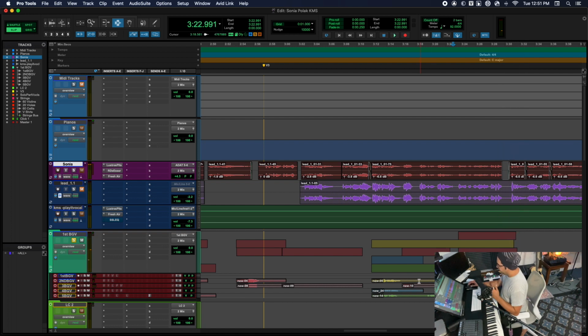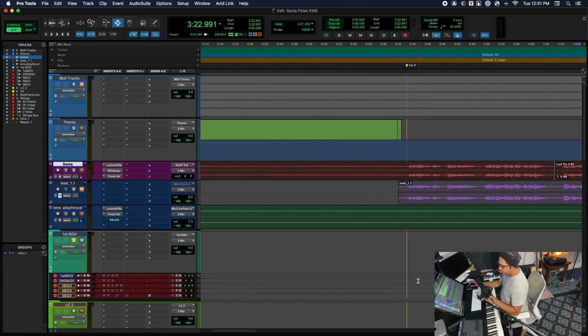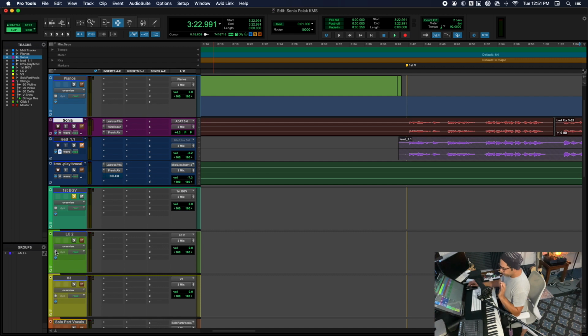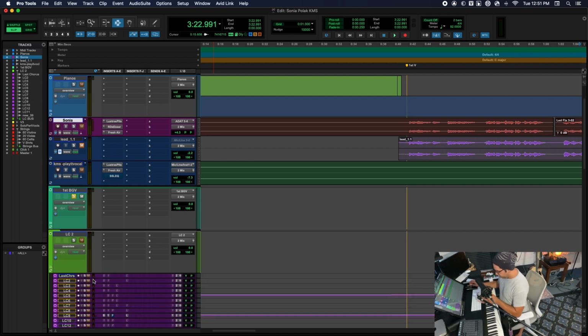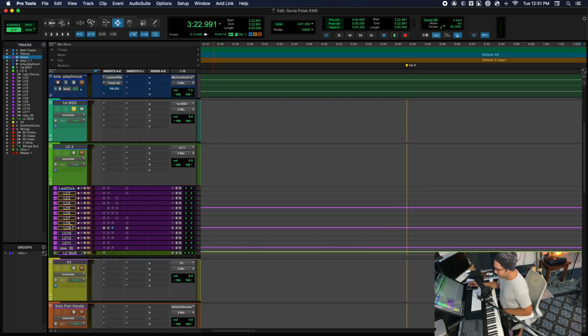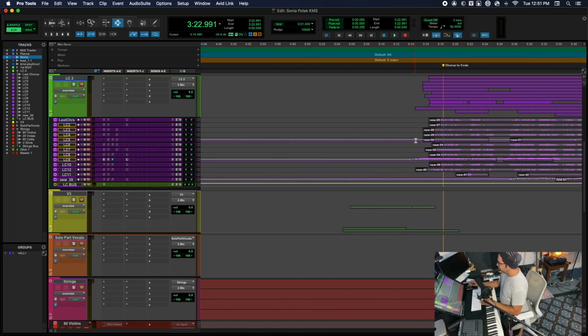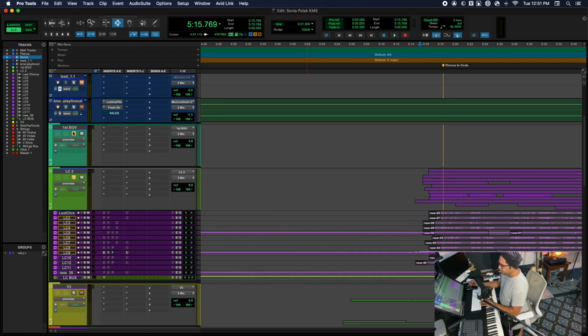So you have a falsetto there. And that's just like the first part of the background vocals. And we close that folder, we go into LC2. I honestly don't remember what LC means. So we're just going to go with looking at how many tracks we have. We have a whole lot. I think we have 12, 11 or 12, 13 maybe. And that happens over here. Oh, wait a minute, I got to solo that. Make sure these babies are...